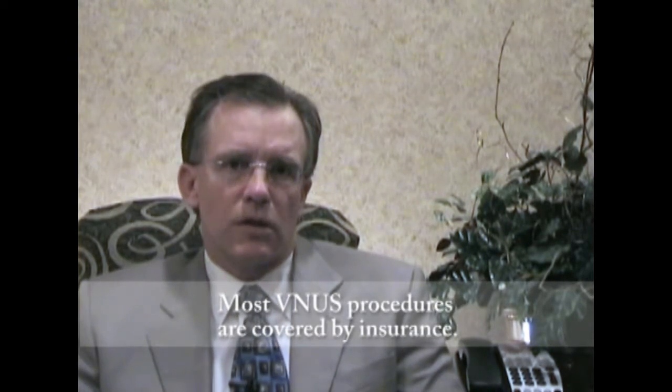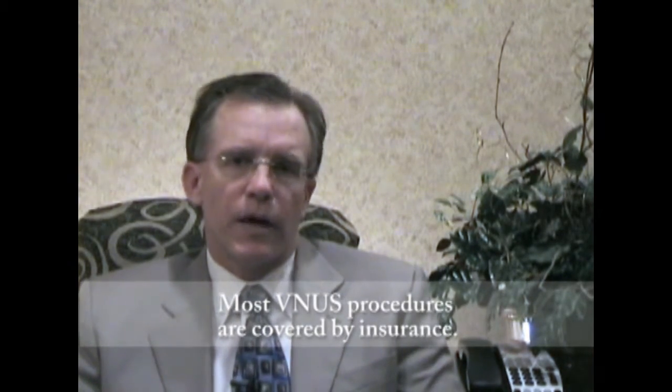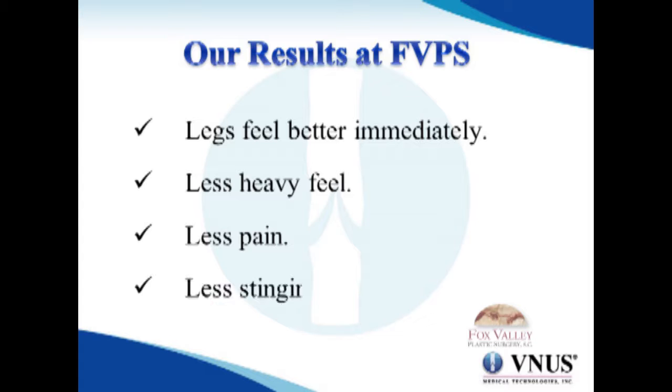Most of the procedures I'll talk about today, until we get to what we consider cleanup issues, are procedures that are covered by insurance. Every single one of them has told me after they've had the first leg done how much better their leg feels, how much less heavy, how much pain, even stinging that people have in their veins before this goes away having had this procedure performed. So I'm becoming very much a big believer in doing this procedure, and it really is helping a lot of